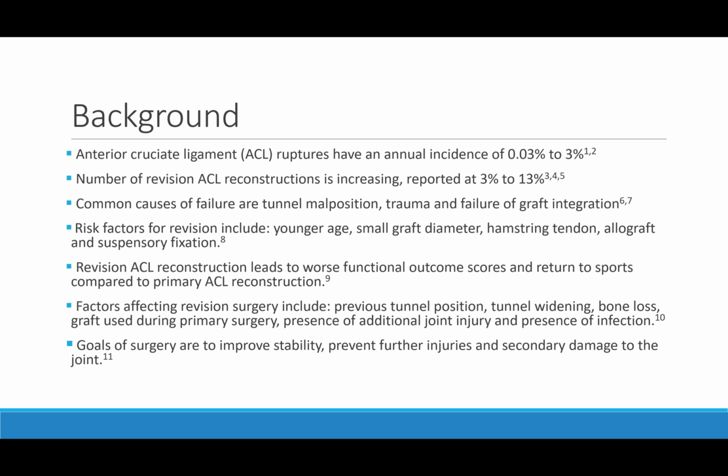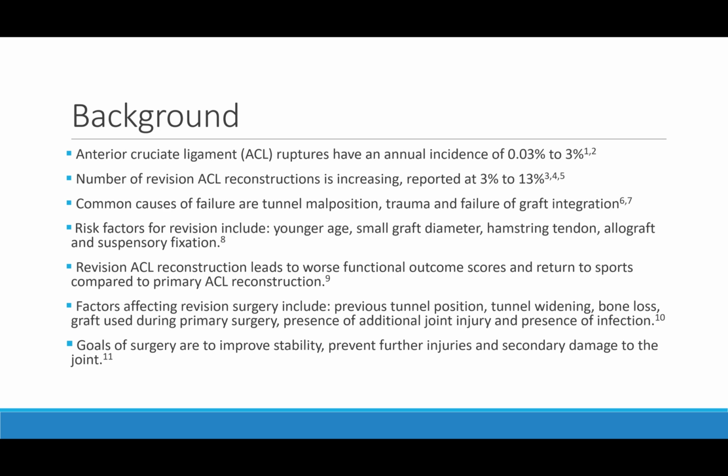Common causes for failure of primary reconstruction include an incorrect tunnel position, further trauma, and failure of graft integration. Risk factors that increase the chance of a revision include a younger patient, small graft diameter, hamstring tendon used for the primary surgery, allograft, and suspensory fixation. Revision surgery tends to lead to worse functional outcomes and return to sports, emphasizing the need to get it right